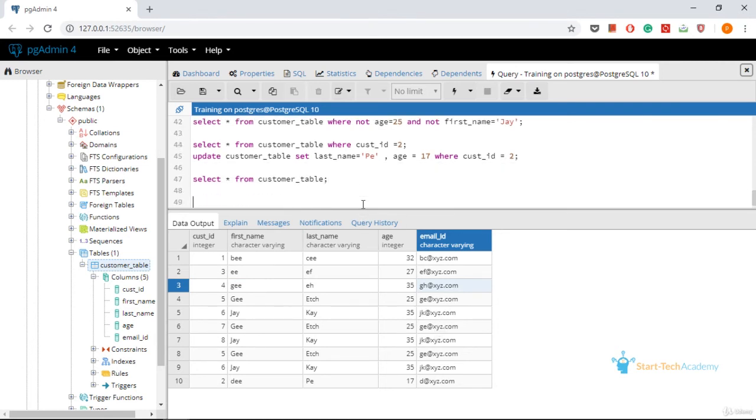We will write the update query, update customer table, set email ID to gee@xyz.com, where first name is equal to G in small case, in camel case, and then G in small case.